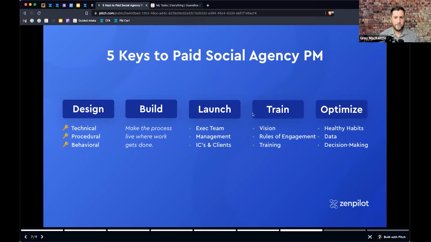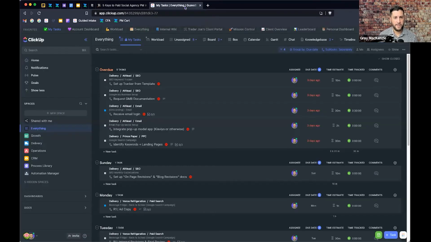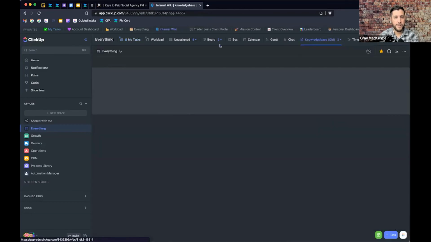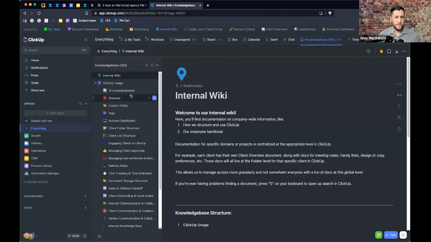So painting that vision is the first piece. I want to talk about the rules of engagement. There's all kinds of things inside ClickUp that we need to try and train the team on. And so we've got these core 10 commandments of project management in ClickUp that pretty much every agency starts with. And there may be some other ones on top of that, but those are going to revolve around things like,